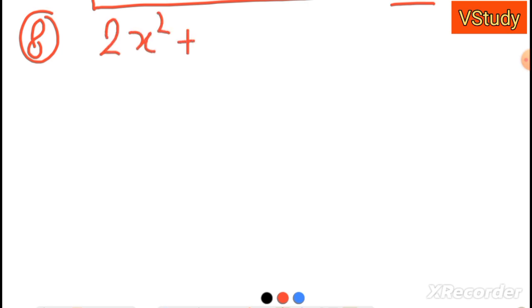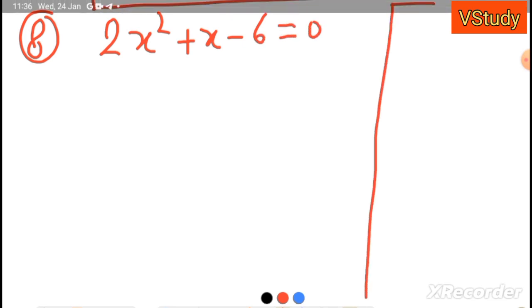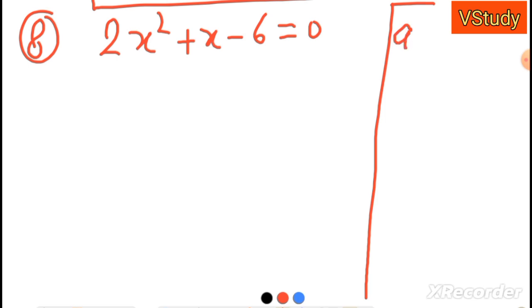Now moving to question number 8. Question number 8 is 2x square plus x minus 6 is equal to 0. To solve this type of problem, we have to factorize this quadratic equation. For factorizing this quadratic equation, first I would like to tell you the standard form of a quadratic equation is